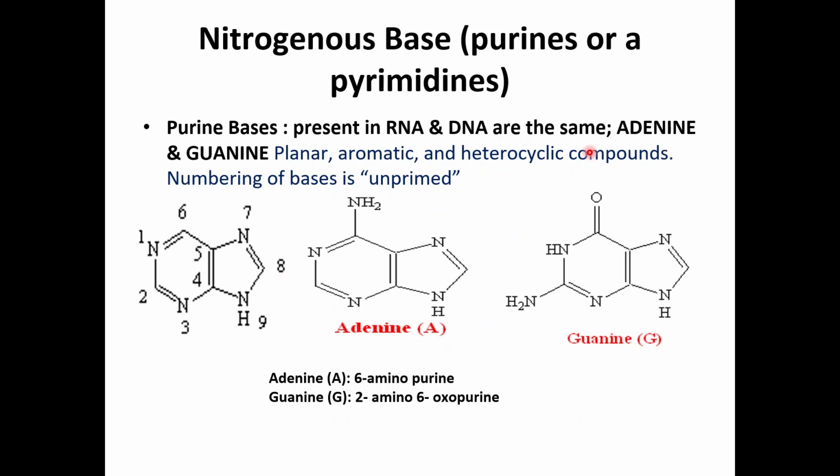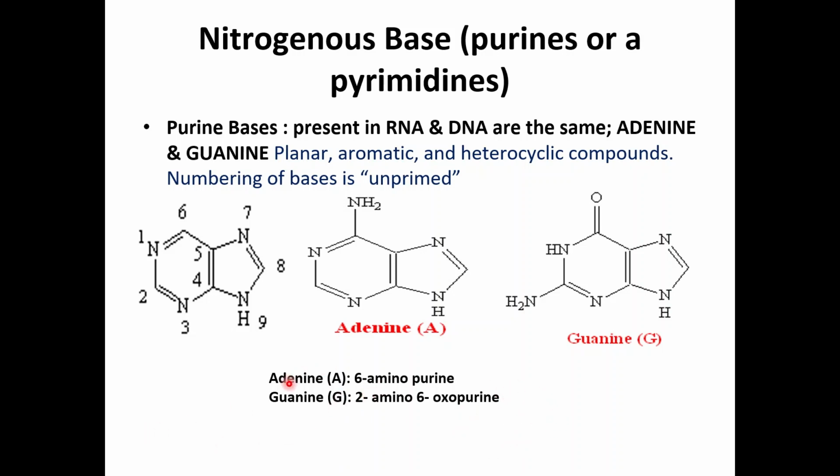And numbering of bases, as I already told you, is unprimed. You can see 1, 2, 3, 4, 5 and so on. There is no prime designation, and you can differentiate this from sugar. Always in case of sugar, whether it is a ribose sugar or deoxyribose sugar, there is prime designation. So this is to differentiate between the numbering of the bases and the